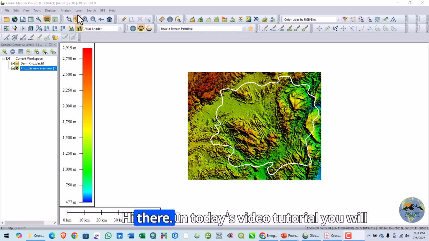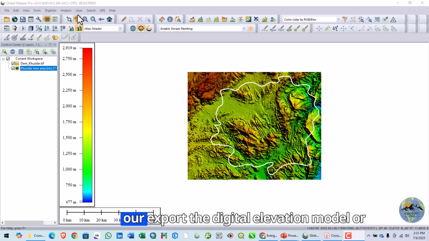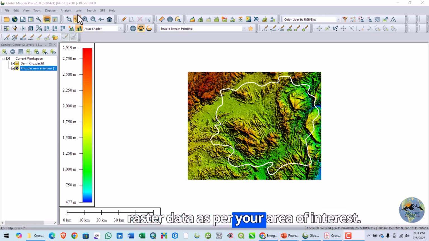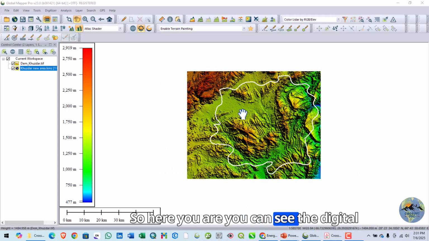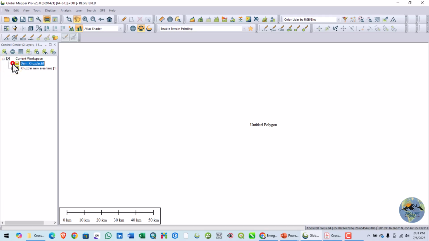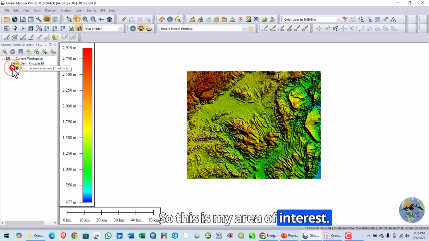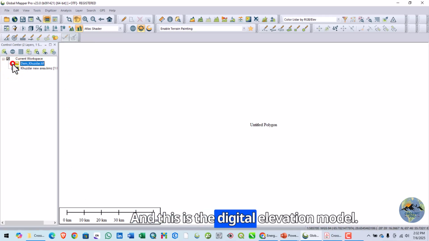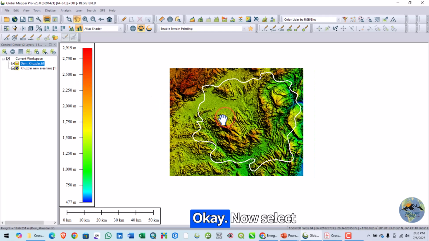Hi there, in today's video tutorial, you will learn how you can crop or export the digital elevation model or raster data as per your area of interest. So here you can see the digital elevation model as well as my area of interest. Okay, so this is my area of interest and this is the digital elevation model. Okay, now